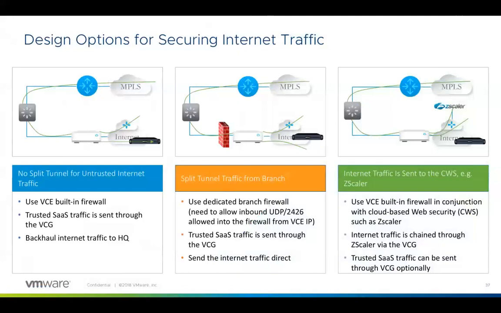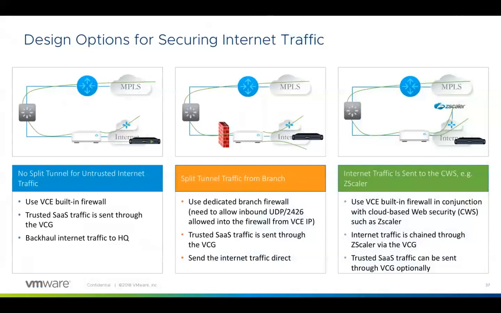For certain traffic, you can decide to backhaul all internet traffic towards the web security solution, and not allow any internet traffic to go out direct. Or you can choose certain trusted SaaS applications like Salesforce to be sent through the VeloCloud gateway optionally, and then do a service insertion for